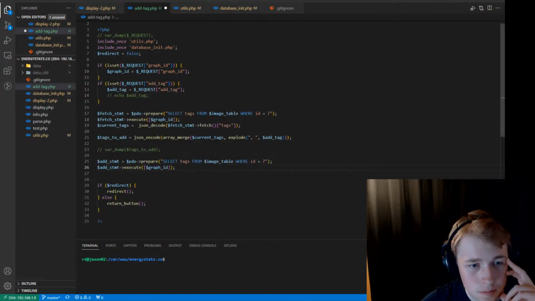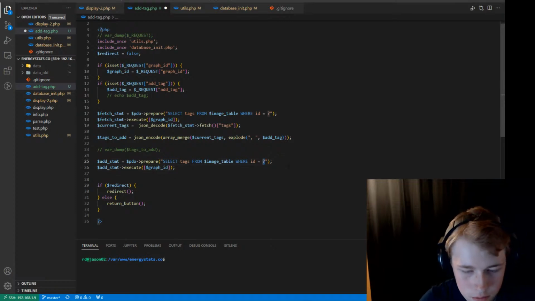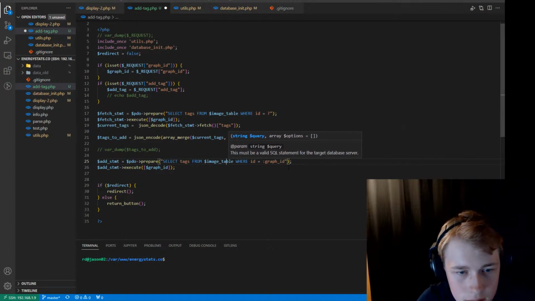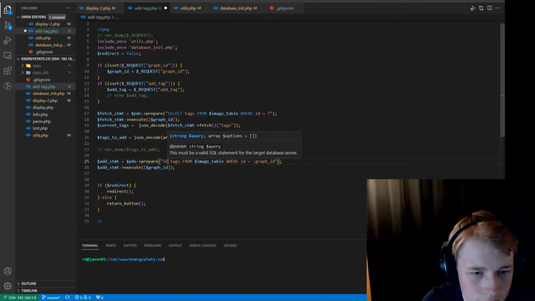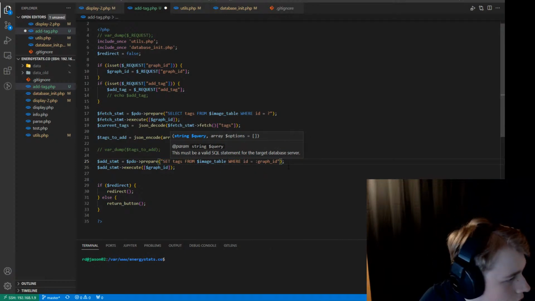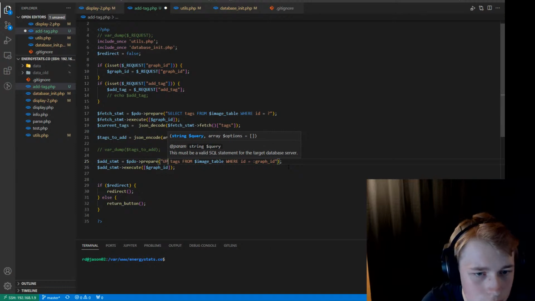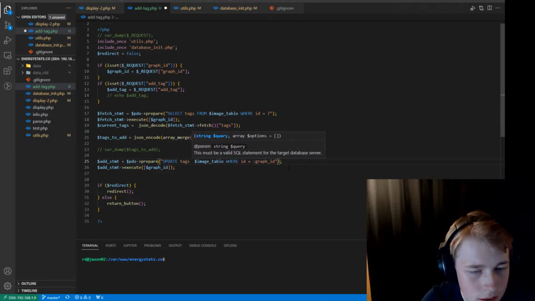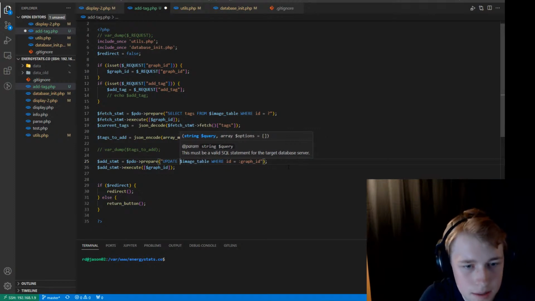So from image table where ID equals graph ID, and then here instead of that we want set, we want update tags, update image,